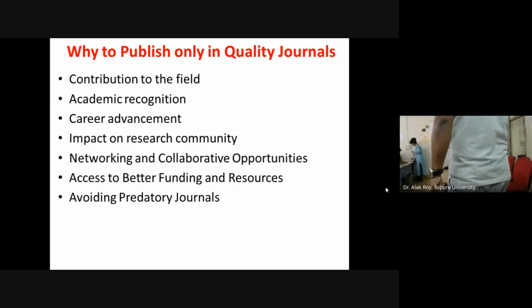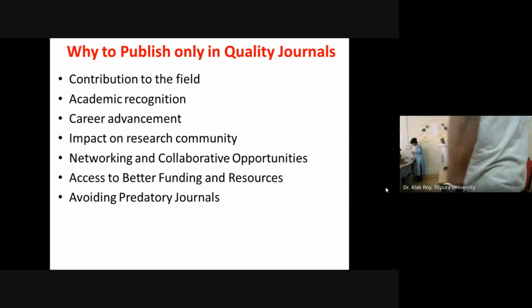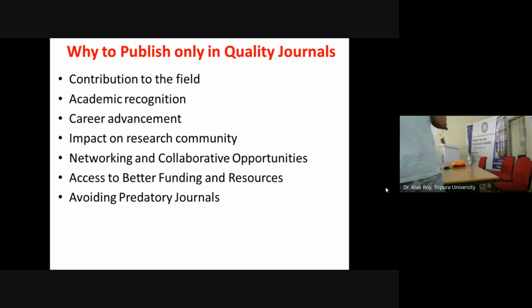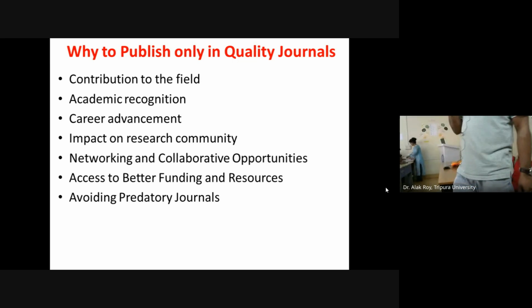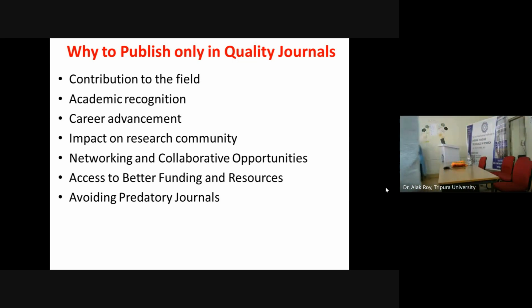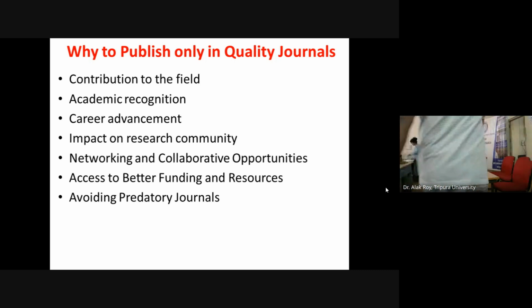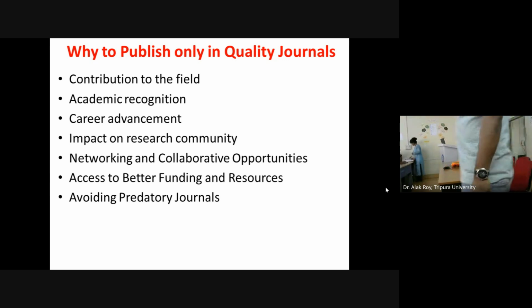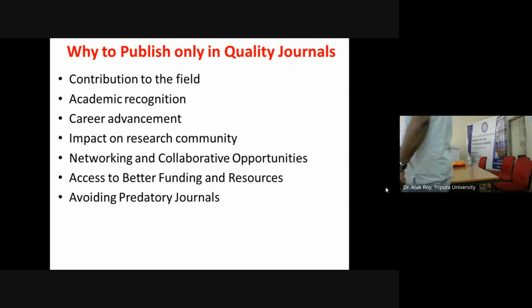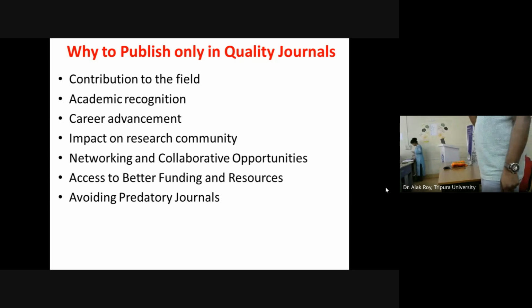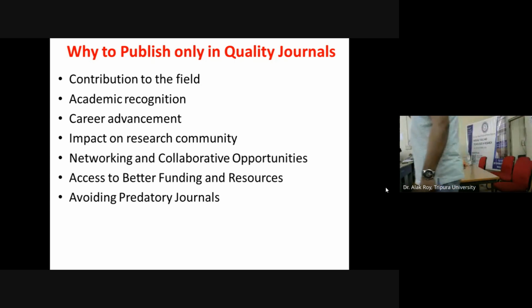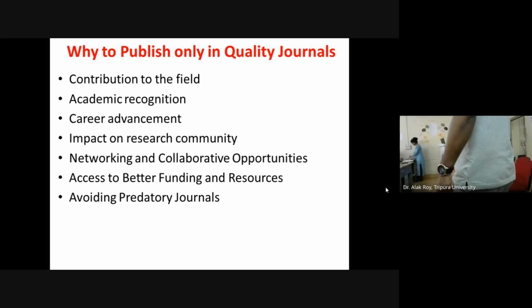So that's why contribution to the field, then obviously academic recognition, then your career advancement. If you follow our career system, the way recruitment is planned everywhere, research plays a big deal. Then your networking opportunities, and it's a big issue. Whenever you come up with some good outcomes published in good journals, you are going to network with so many established personalities in your domain, and these people are working with you, talking with you, they are contributing also in your journey. This is altogether a different world whenever you come up with this kind of articles.